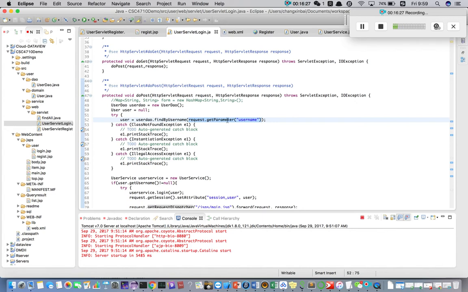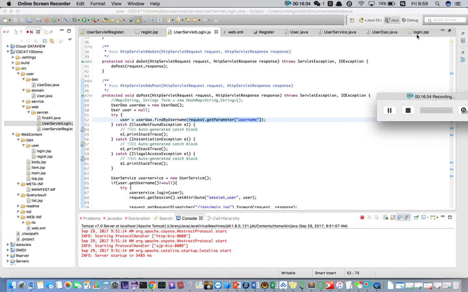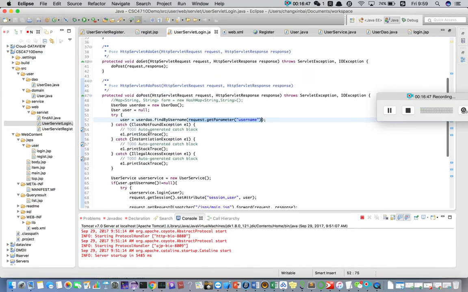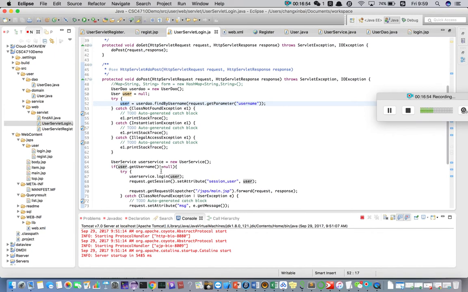So here is another method to get the information from the web page. You can call the request to get the parameter username. It can get the value of the username you just type in the text box, and after you find this user, if the user's username is not known, you can just